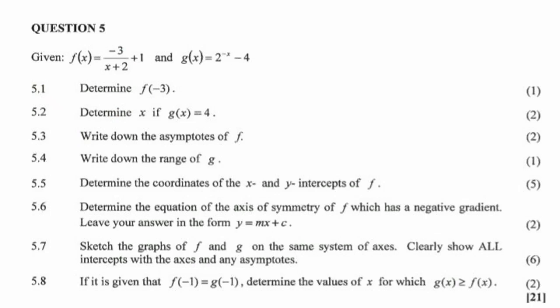So yep. Then 5.2, it says determine x if g of x is equals to 4. So now we must determine the value of x when g of x is equals to 4. So this one is saying now in the place of g of x, we must substitute with 4. So now we are looking for x, and then we are substituting our g of x as 4. Then let's run quickly to it. We have g of x